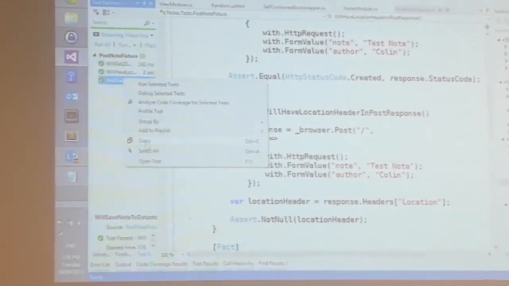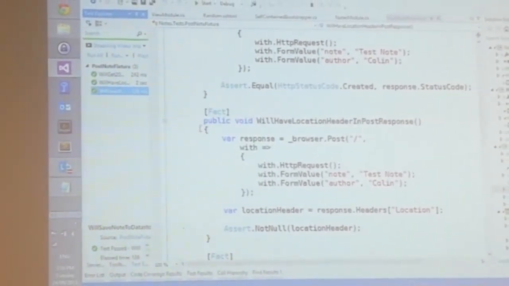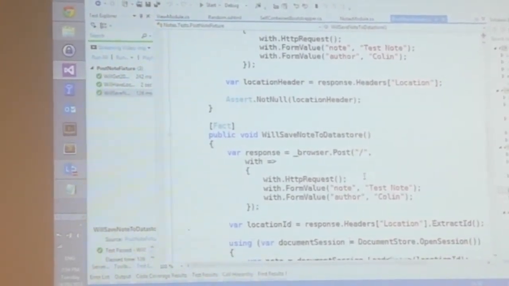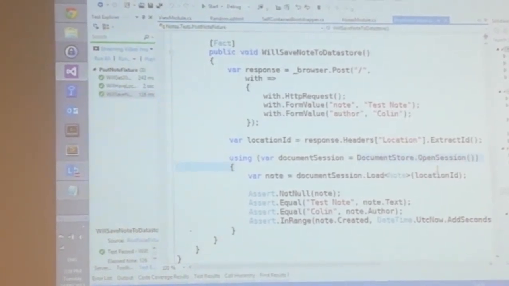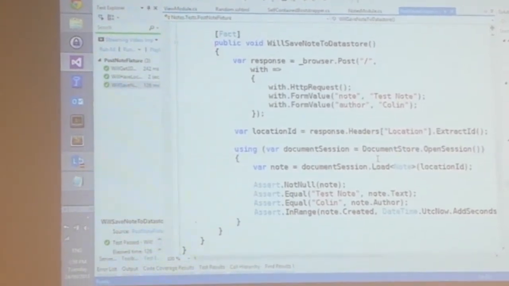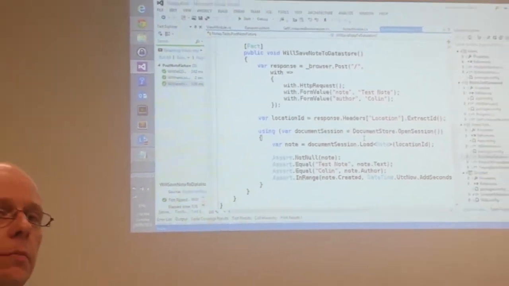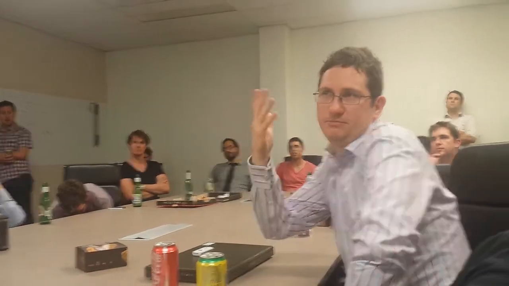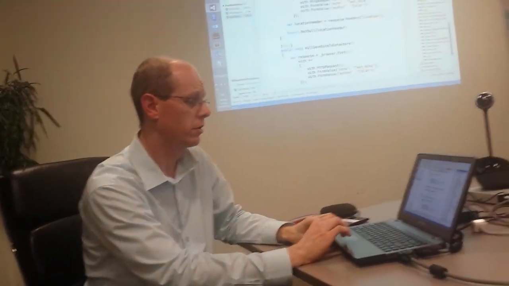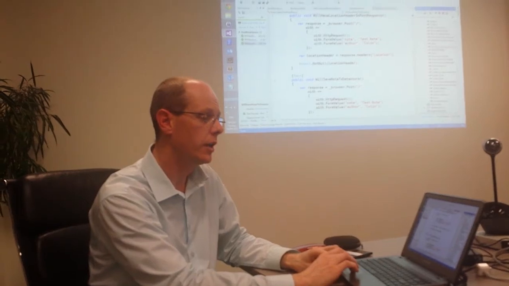F12, definition. That's what I do. Oh, there it is. I was looking at it. This one's actually an integration test because it's Raven. But again, Raven, you can do stuff with that. All good? When you run a unit test and you're invoking Nancy in memory, is Nancy loading your modules in the same app domain as the test? I have no idea. I haven't even looked. I haven't actually looked at that at all.